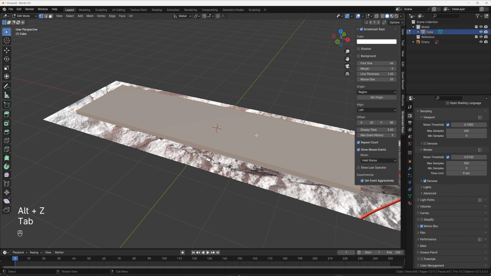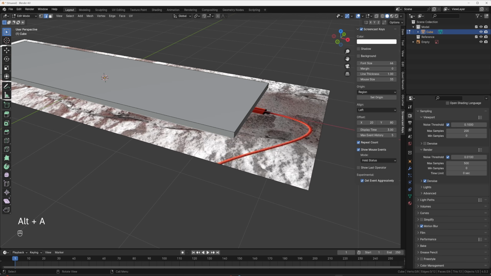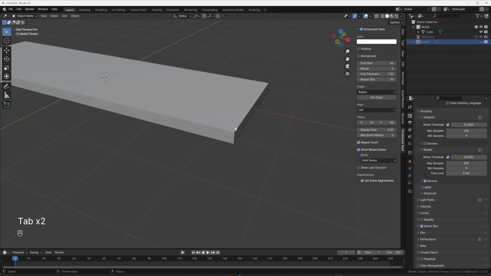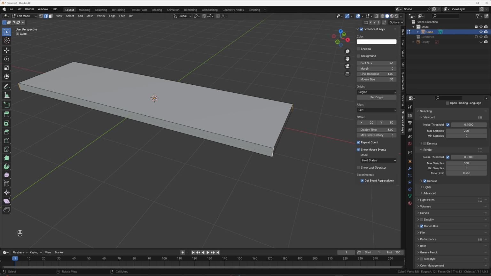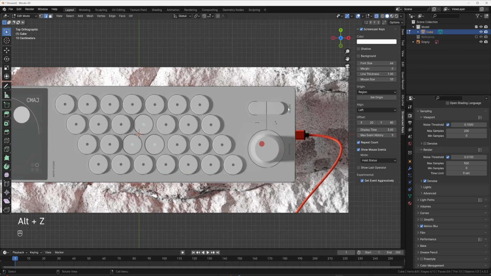And then the next thing I'm going to do is go into tab and edit mode, go to the edges, Alt-A to deselect everything. I'm going to hide the reference category for now. And then I'm going to take this too, and I think there's a thing where you can go Control Alt and select edges. It's a new thing I learned, which is you can grab edges with a similar direction and length. So now I'm going to put that reference image back in, go into Alt-Z.